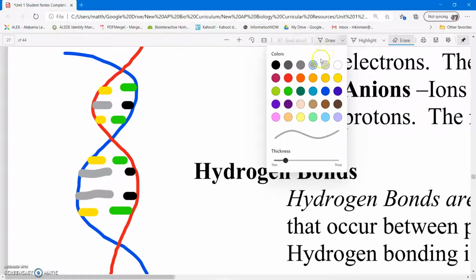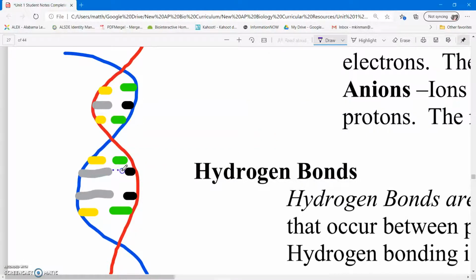So hydrogen bonds are indicated by dots. So if we select, let's go with purple or violet, we put some dots, 1, 2, 3, 1, 2, 3. So in between these nitrogenous bases are these weak attractions known as hydrogen bonds, and obviously hydrogen is involved in that attraction. So not a typical sharing or transfer of electrons like you see in covalent bonds or ionic bonds,